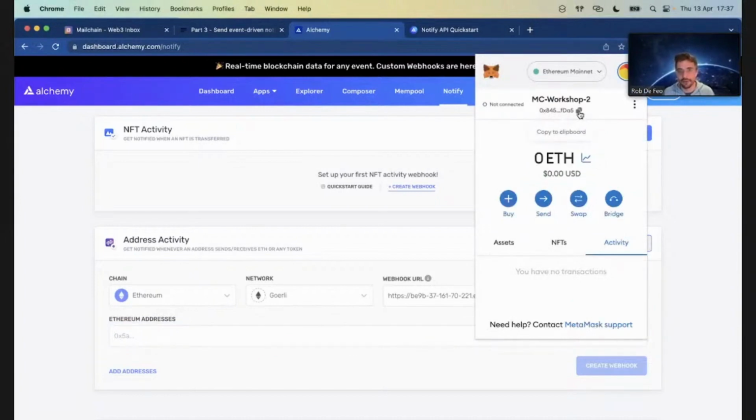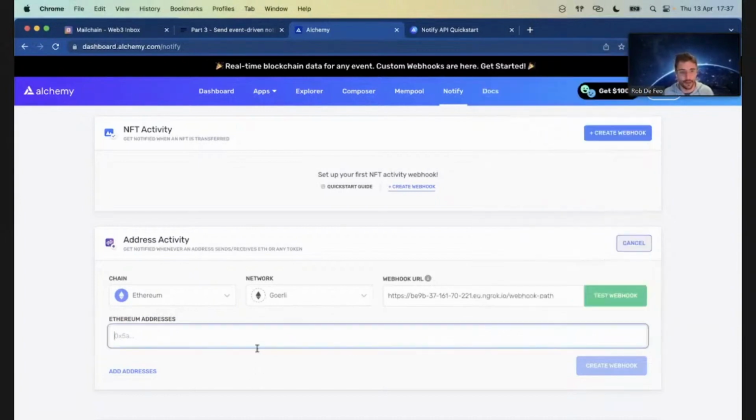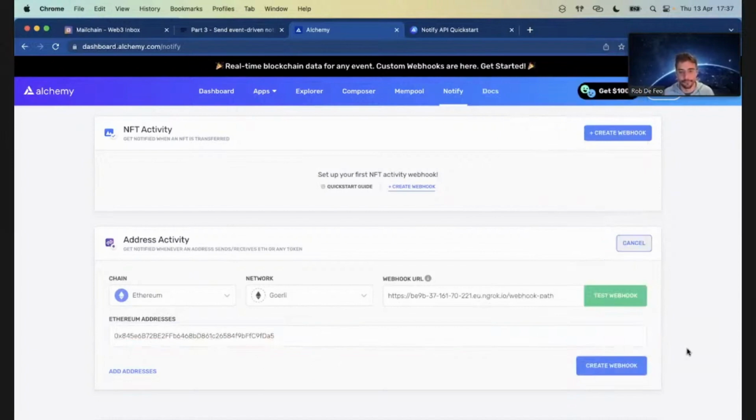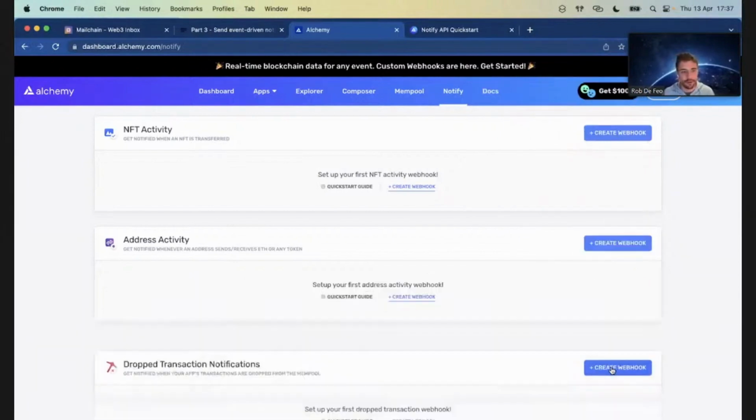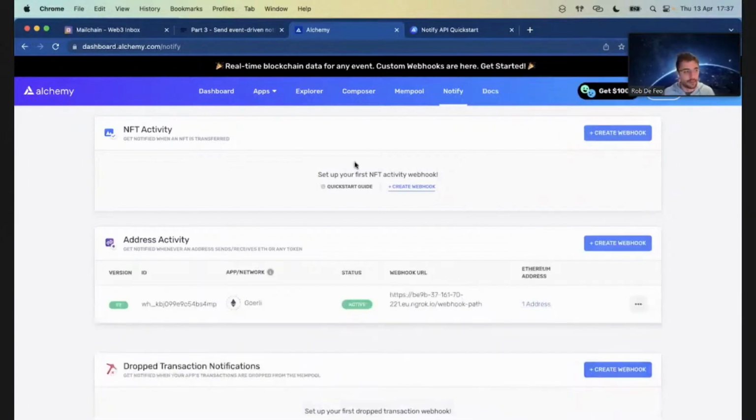And I'm going to actually monitor an Ethereum address. So I'm going to pick my last workshop address and pop it in here, which is great. So then I'm going to create myself a webhook. Now this will listen to any transaction that goes across there. So now that we've got that created,